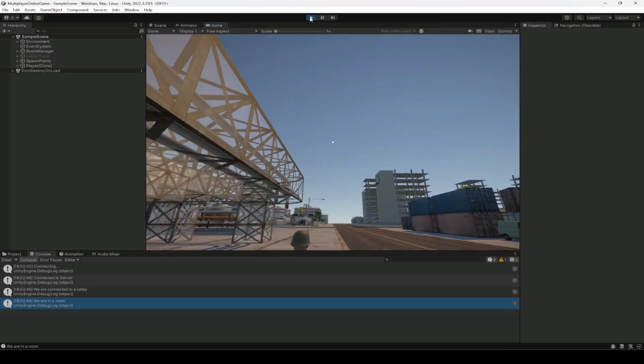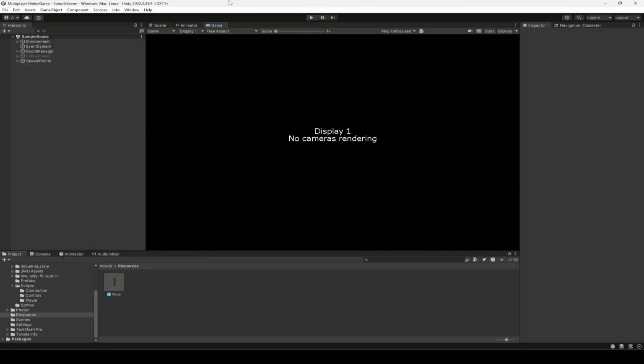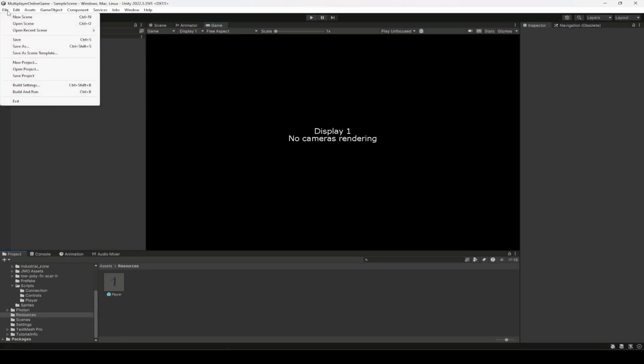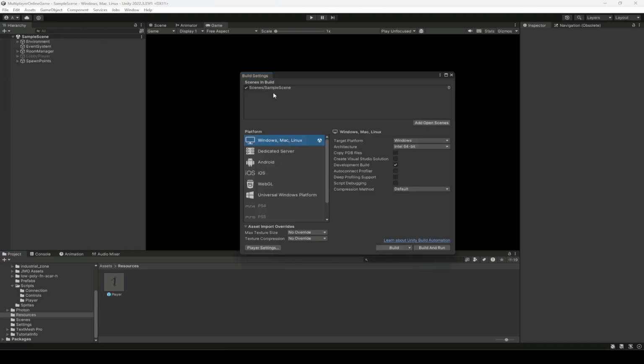Okay, so now let's test it on two devices. Okay, if you click on file, then click on build settings, make sure that right here your sample scene is added, and if it is not, then just make sure to drag and drop it wherever your game scene is. Then you can select your own